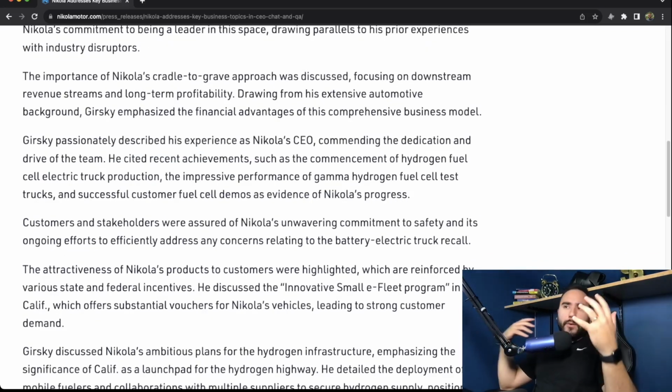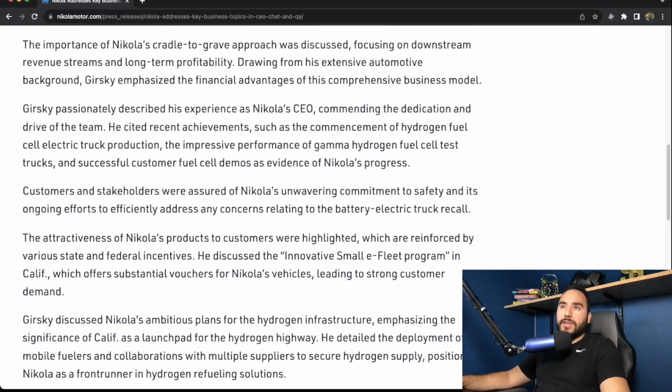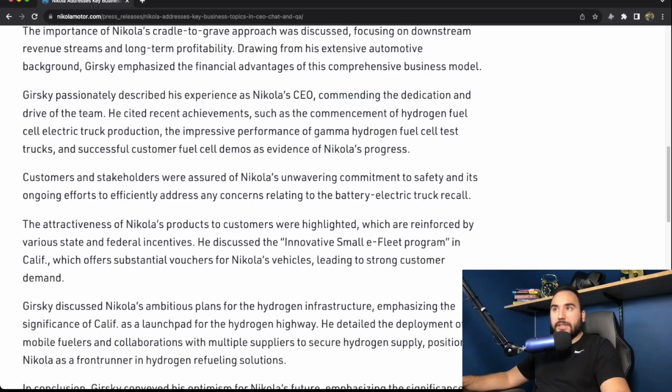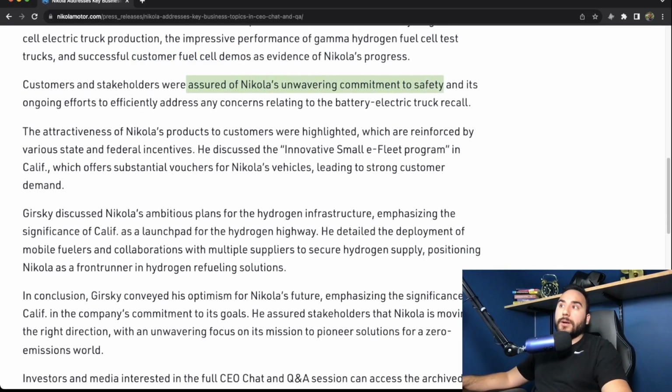And it kind of started out with the CEO talking about his role at Nikola, talking about the company a little bit, talking about himself. And you can see here, Gursky passionately described his experience as Nikola's CEO, commending the dedication and drive of the team. He cited recent achievements such as the commencement of hydrogen fuel cell electric truck production, the impressive performance of Gamma hydrogen fuel cell test trucks, and successful customer fuel cell demos as evidence of Nikola's progress. Customers and stakeholders were assured of Nikola's unwavering commitment to safety and its ongoing efforts to efficiently,